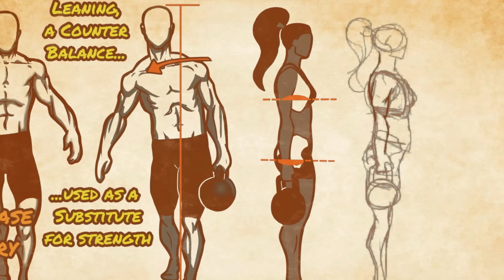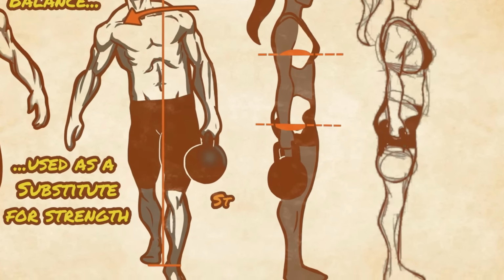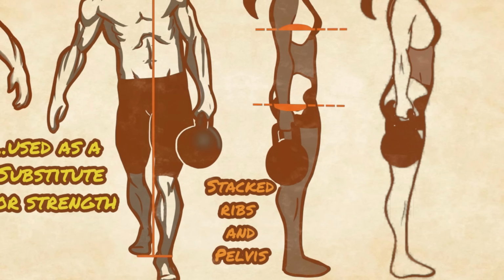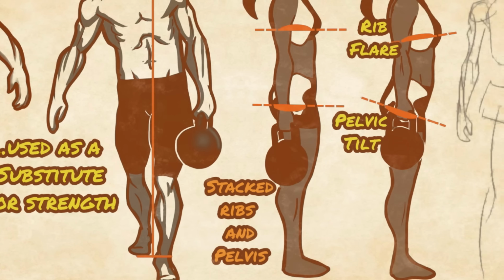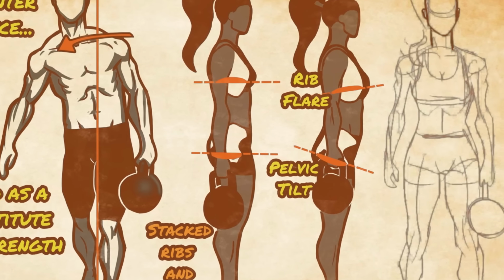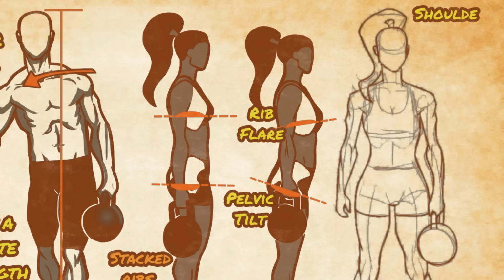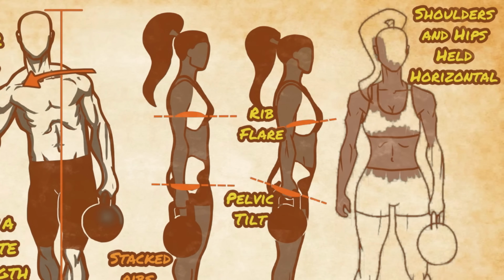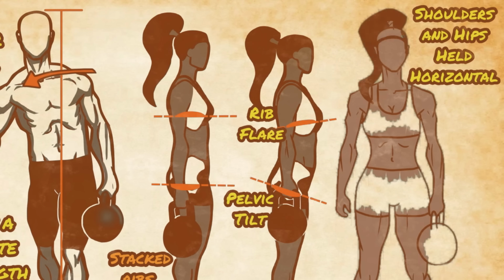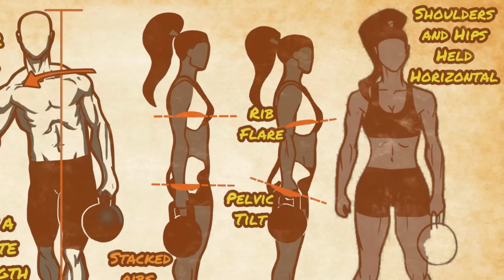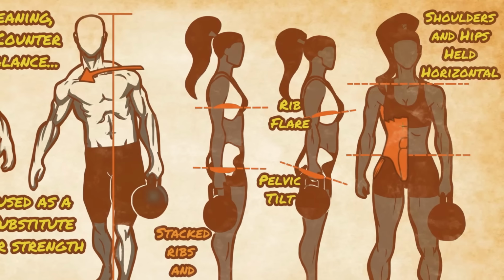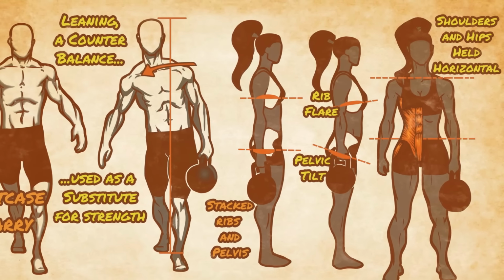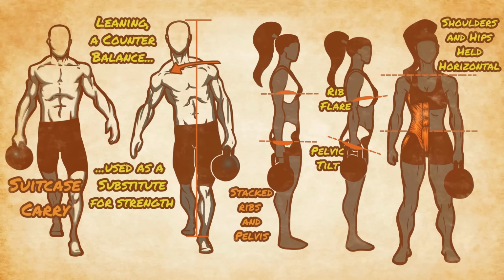To do this, you need to make sure you're stacking the pelvis and the ribs in a horizontal orientation. No rib flare, no pelvic tilt, and no rounding of the back, while also maintaining horizontal hips and shoulders when viewed from the front. Walking towards a mirror can be very helpful in the beginning as it allows you to accurately gauge the neutrality of your posture. Done properly, this greatly strengthens and stabilizes the core muscles, especially on the opposite side of the kettlebell, as they work to resist the lateral pull of the offset load.